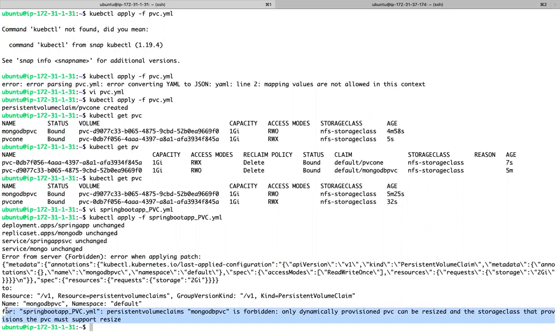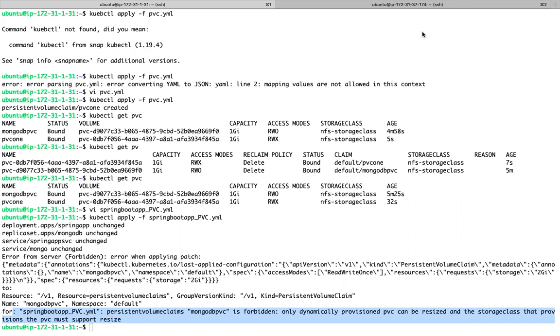it has to support, the storage class has to support the changes. Now if you see, is it allowing me to resize? This provisioner is not allowing me to resize. Suppose when I go for a cloud, like EBS provisioner, it will allow us to resize. If I go for EBS, the EBS storage class, the EBS provisioner, can we increase EBS volume size? Forget about Kubernetes. Can we increase EBS volume size